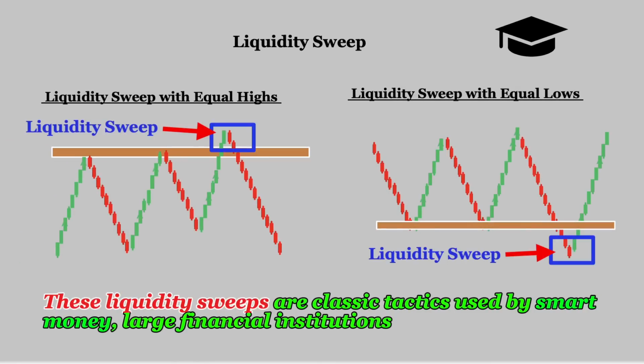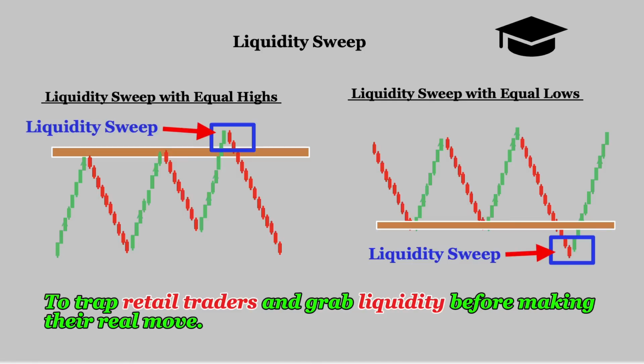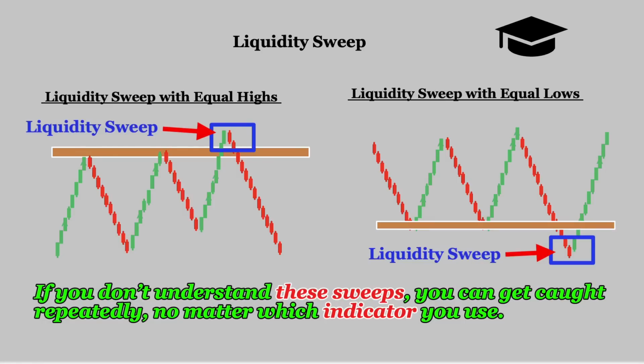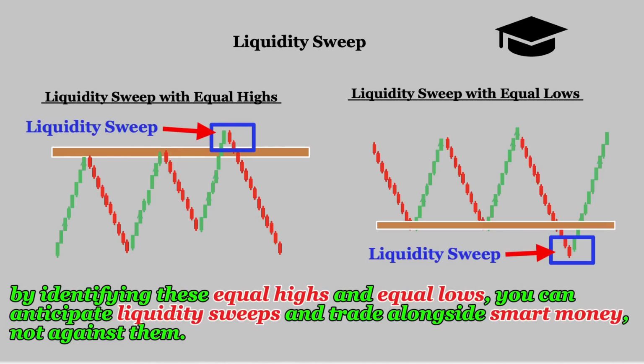These liquidity sweeps are classic tactics used by smart money, large financial institutions, to trap retail traders and grab liquidity before making their real move. If you don't understand these sweeps, you can get caught repeatedly, no matter which indicator you use. But here's the good news. By identifying these equal highs and equal lows, you can anticipate liquidity sweeps and trade alongside smart money, not against